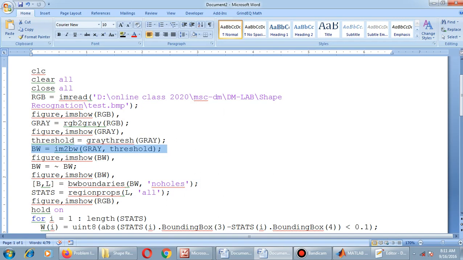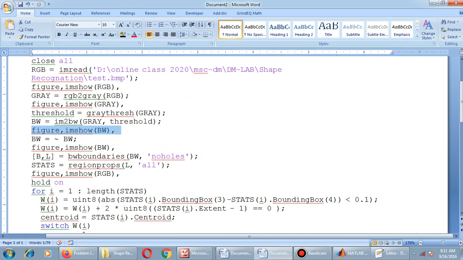In an image there are many pixels and each pixel has a value. Our objective is to convert it into a black and white image, so which pixels will be considered black and which white has to be decided by this threshold value. graythresh is a function which finds the threshold of a given grayscale image. Based on the threshold, the image is converted into a binary image, which consists of pixels only of values zeros and 1. That image is displayed using this line.